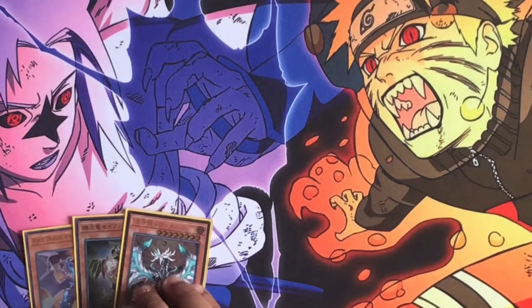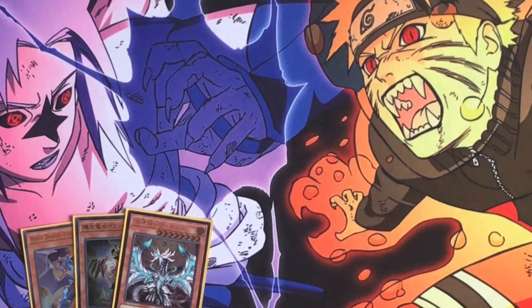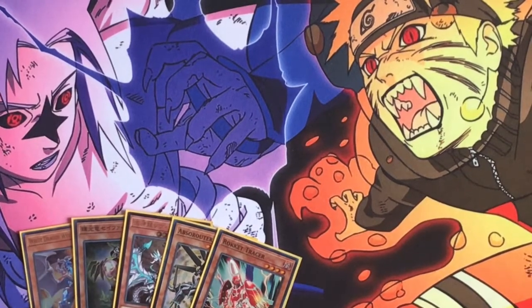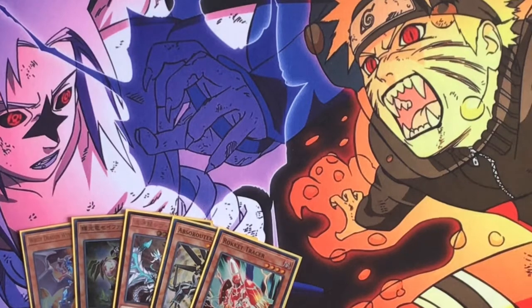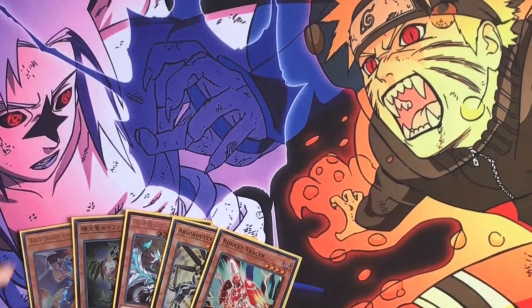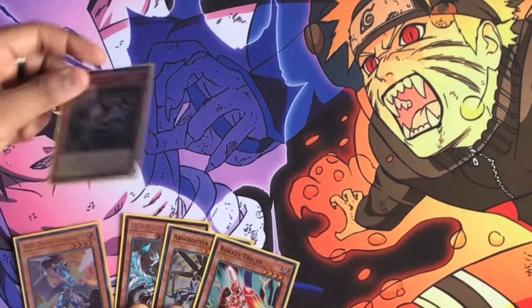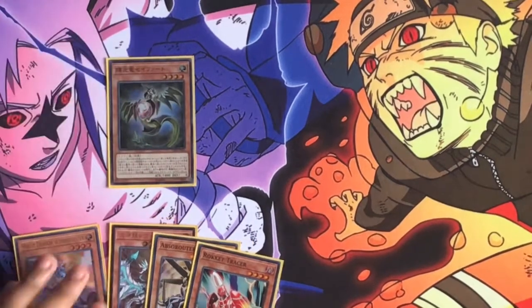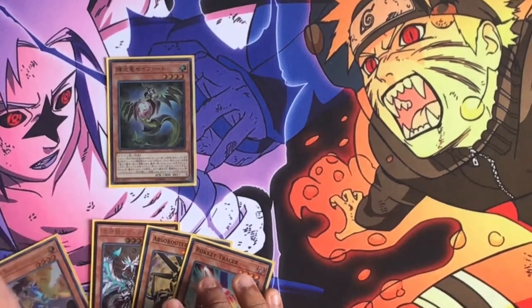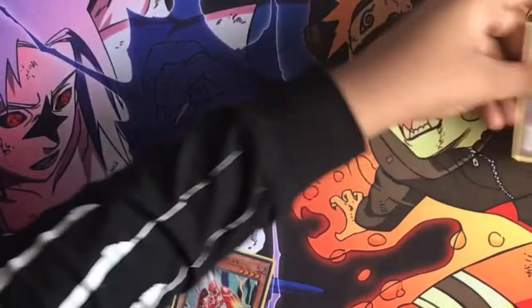Alright, so opening hand is actually really boss. It's actually really fire. So this opening hand is kind of weird. I'm gonna put it like that. It's just weird. Alright, so first you're gonna normal summon the Star Leech. Now you're then going to use the Star Leech effect